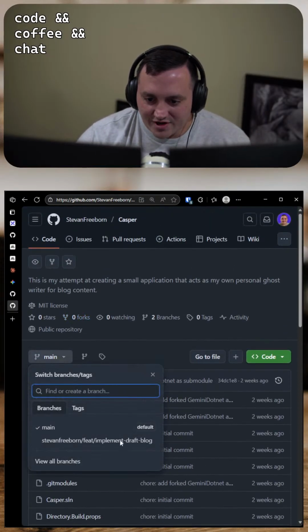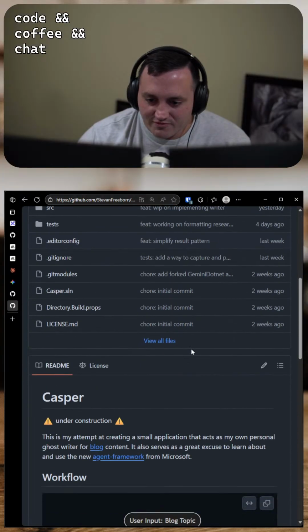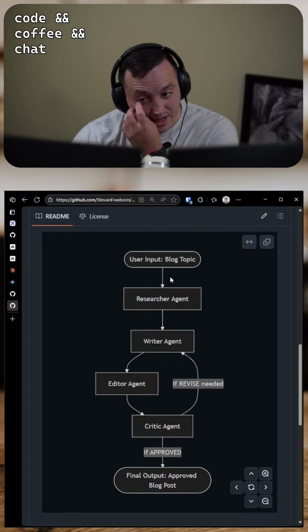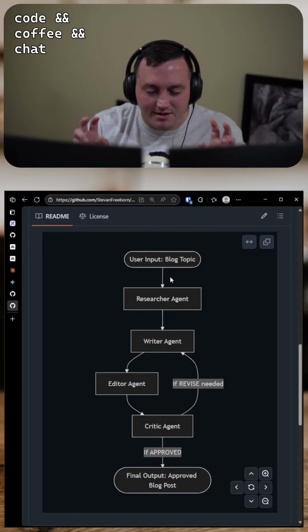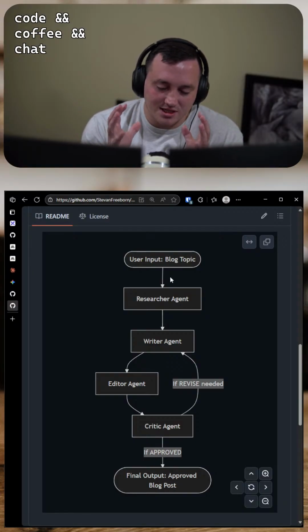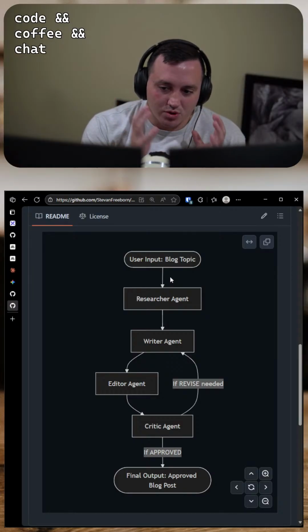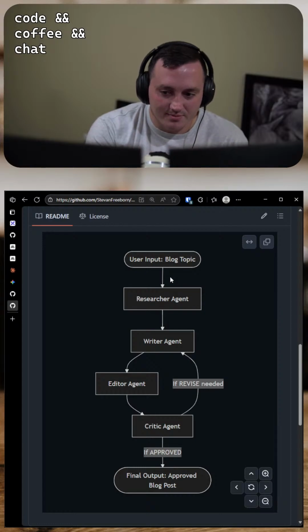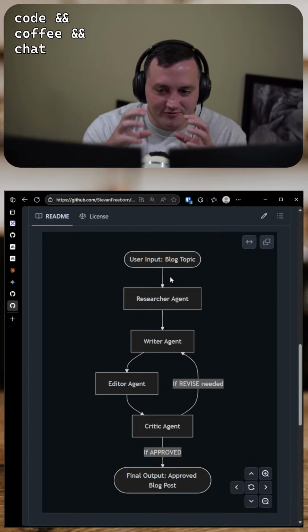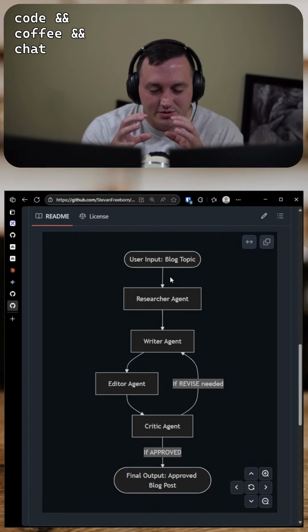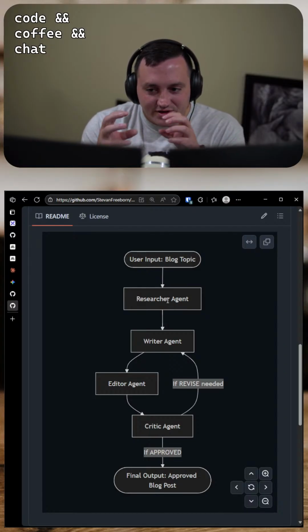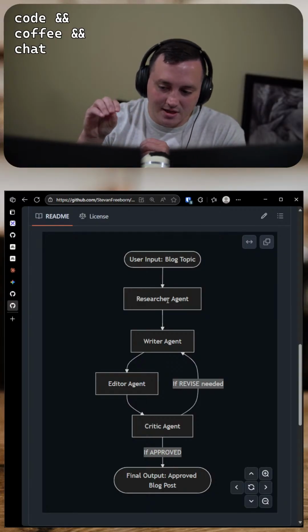So here's kind of a conceptual diagram of the workflow that this thing's going to follow. We're going to have a few different agents. Again, remember, an agent is just a way to conceptually organize prompts and tools with an LLM. This is an organizational, architectural thing. And so we're going to have several different agents that talk to each other and pass outputs to